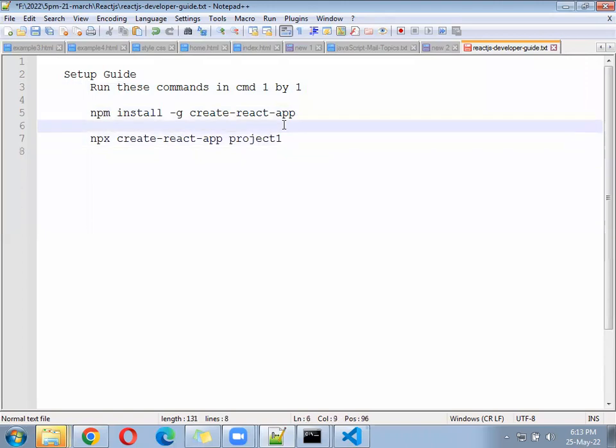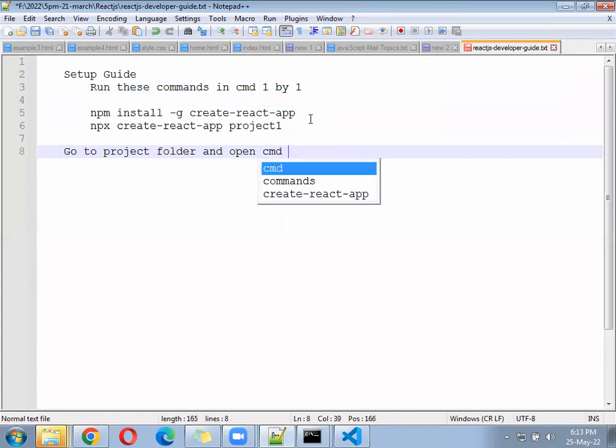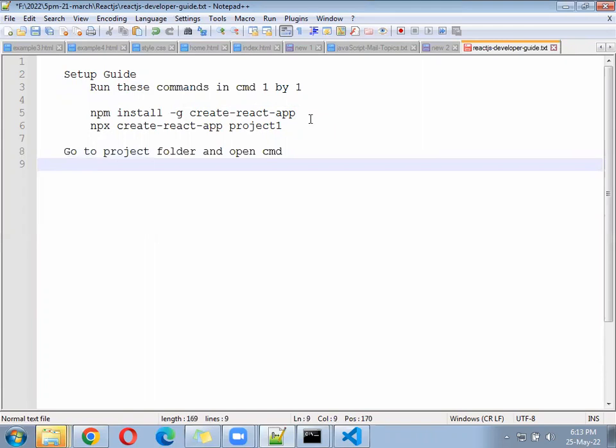After doing that, second, go to the project folder and open CMD.